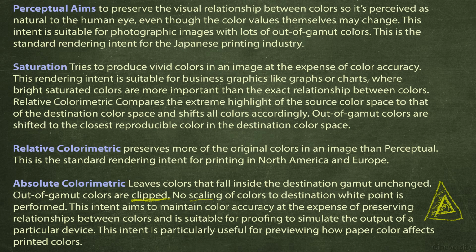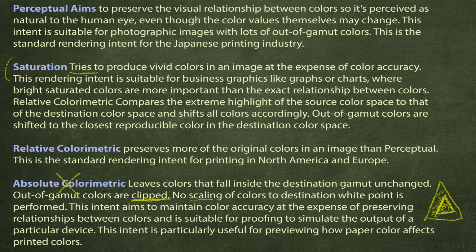We want to go to Cinema 4D. That's one device, and this is a device that can really take in a lot of quality in terms of color space. So this one here, not so much for us. Then we go to saturation. That sounds maybe a good idea. And it tries to produce vivid colors. Wait a moment, it tries? That's the first point where I say, ooh, there's something that doesn't really work. And vivid colors,